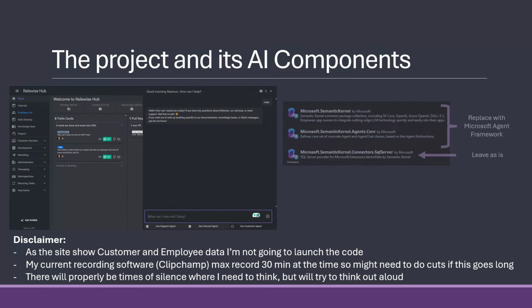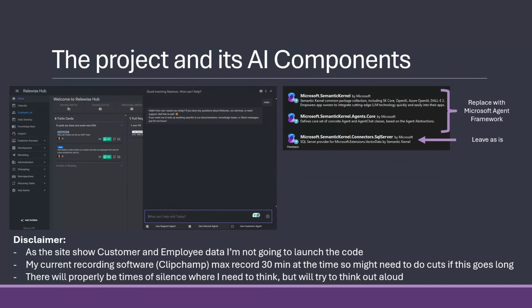So the code right now uses semantic kernel. So it uses the two NuGet packages, semantic kernel, because it's working with OpenAI and Azure OpenAI. It can connect to both because some of the code we need OpenAI for, and others we need Azure OpenAI. Then it's heavily using agents, which probably will help me a bit. So it's not using the chat completion client and stuff. It's using the agent completion clients, or chat completion agents as they're called.